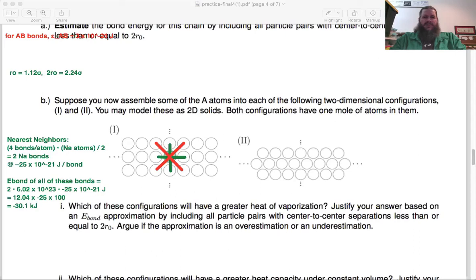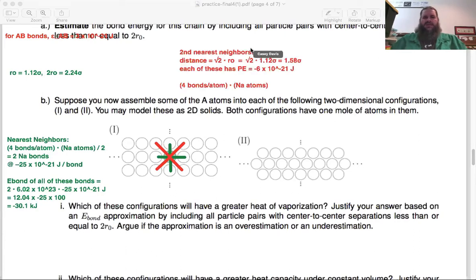Times, and we're still dealing with 1 mole, so Avogadro's number of atoms. And now let's check if this double counts. If we're claiming that this atom has 4 second nearest neighbors,